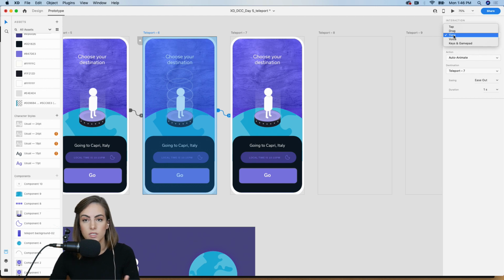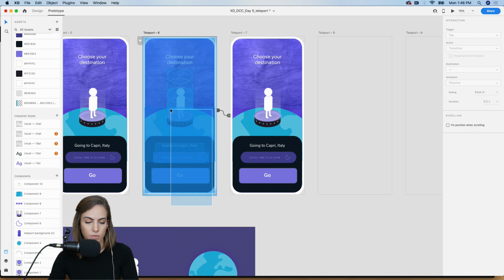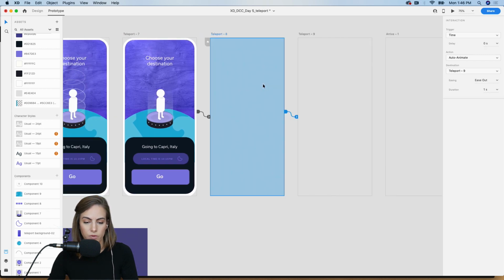So the trigger this time, we don't want to have to tap, it will be a time transition, and we'll have the action be Auto-Animate, and we will ease out 1 second. So the Auto-Animate section will keep it the exact same. So let's keep going with that.